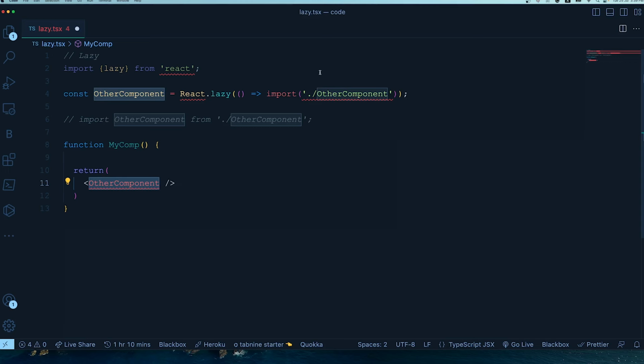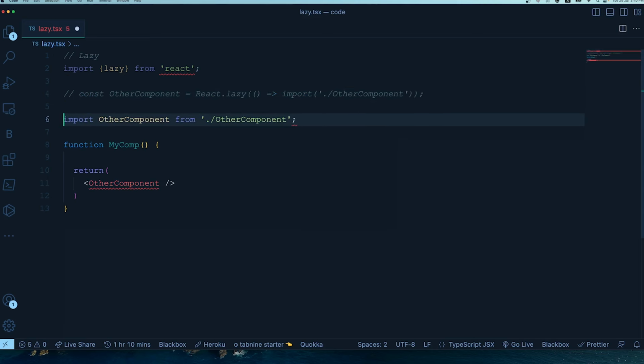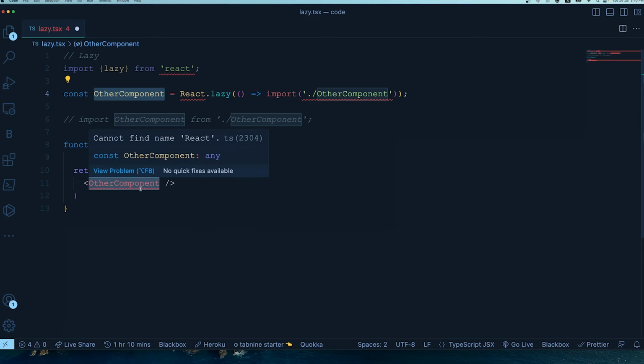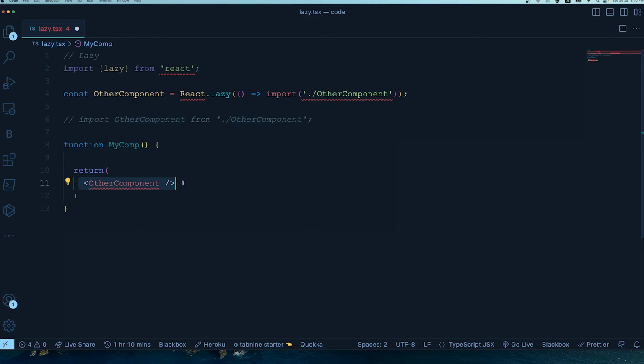Now this component you are lazily loading, okay? But if you hadn't done this, and instead directly imported this component and used it directly, this is not lazy loading. Why? Because in the first case, unless you are actually using this component in my component, that component's trace itself is not there. So when my component is getting rendered, until and unless you are really using this in your return or somewhere down the line in your JSX, you are not downloading any code or using any chunks for other component on your client's browser.